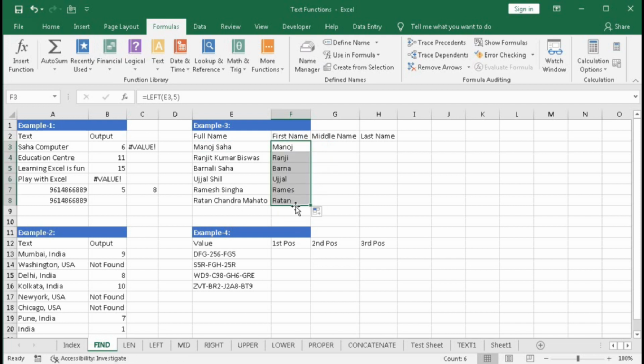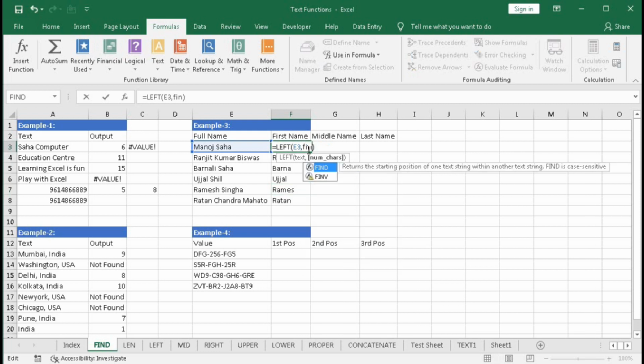But as we drag down, we can see this answer is incorrect, this answer is incorrect, this is also incorrect, because here it is Ranjit, here T is absent, here Li is absent, here H is absent. So we cannot make this number of characters fixed. We have to make it dynamic. So for that we have to use the FIND function.